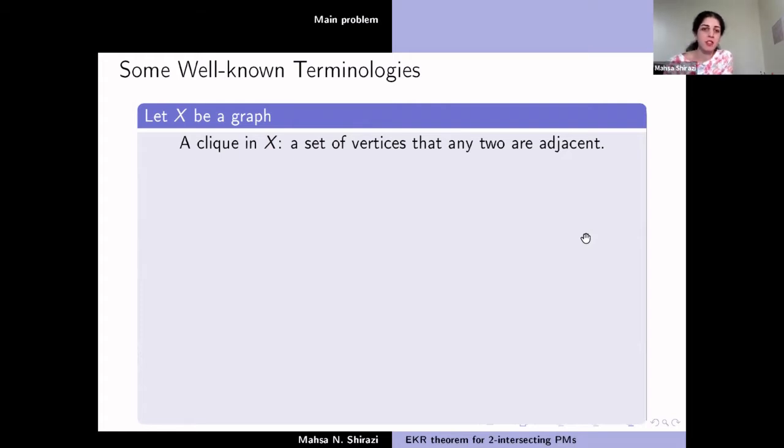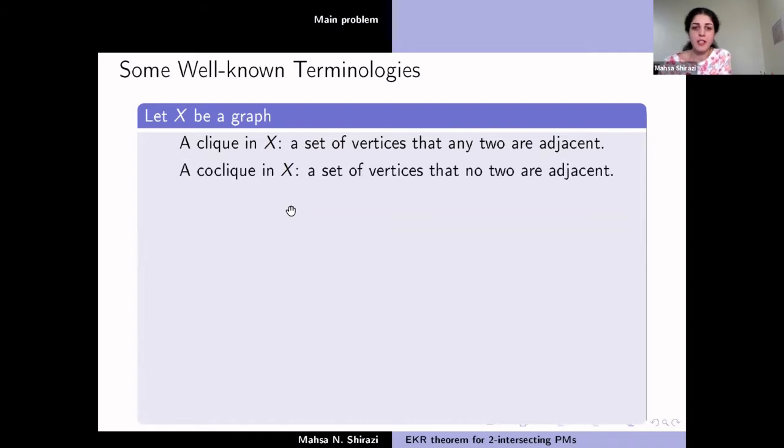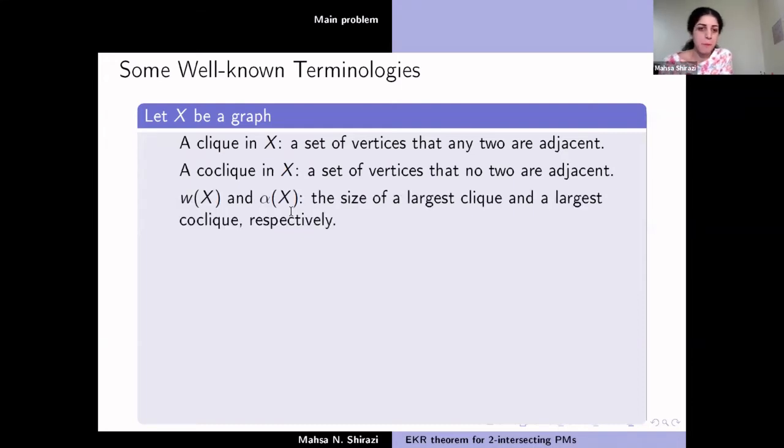So to continue, we need to review some well-known terminologies. The first definition is the definition of a clique. A set of vertices such that any two are adjacent is called a clique in graph X. And a co-clique is a set of vertices of which no two are adjacent. Usually we denote the size of the largest clique by ω(X) and the size of the largest co-clique by